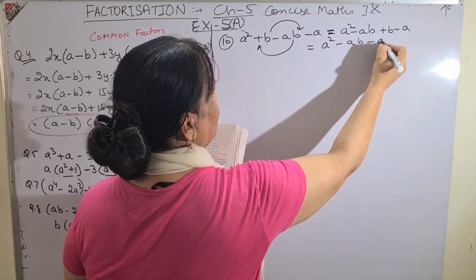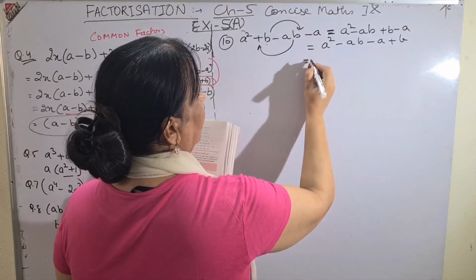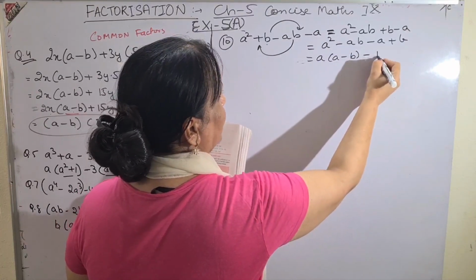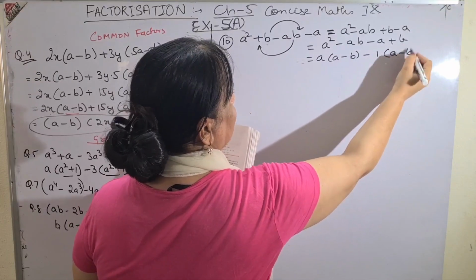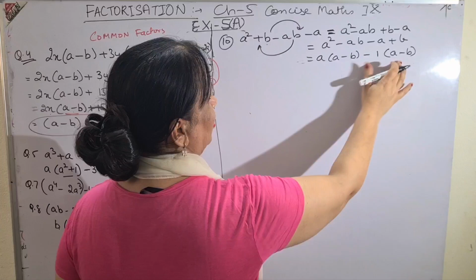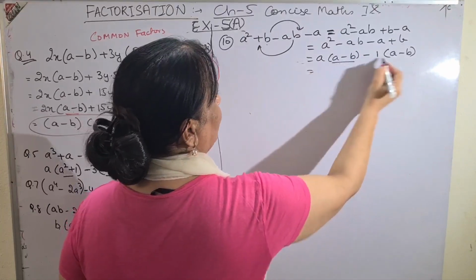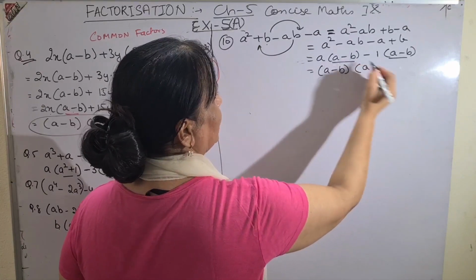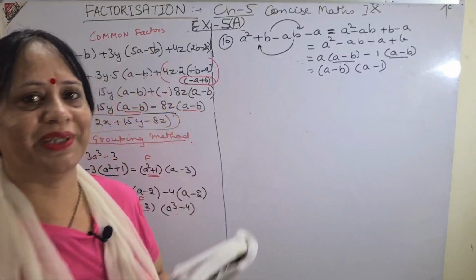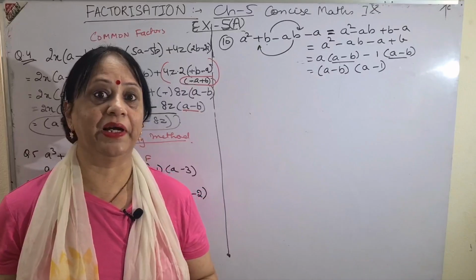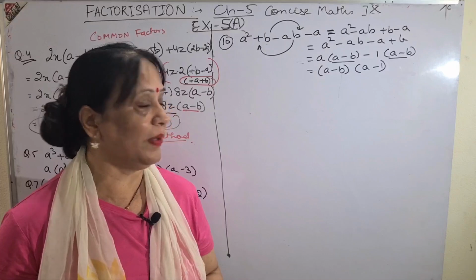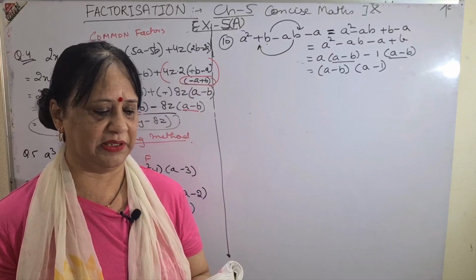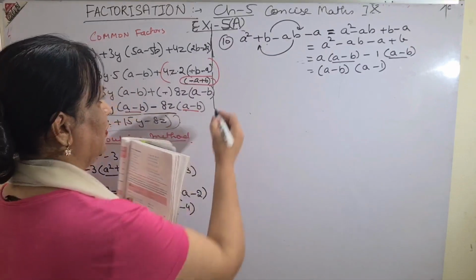Even now also I can change it. I will write like this, minus A plus B. A common, A minus B. From A, this is B. Again 1 common because nothing is common here. A minus B. My aim was to get the factor common, and I got the factor common. Common factor I will take out, A minus B, and I am left with A from the first term and minus 1 from the second term. So children, this is said to be grouping method, factorizing by grouping method. I am grouping it, making the groups, taking out the common factor, and rest is my answer.